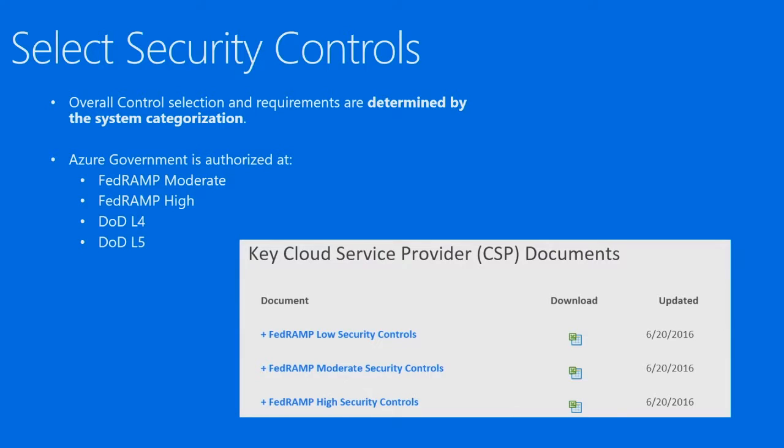So once you have that data categorized and classified, then you can determine what control baselines you must meet in order to protect that data accordingly. FedRAMP has their security baselines established. DoD L4 and L5 have those established in the Cloud Computing Security Requirements Guide. And essentially, you need to ensure that you have the full scope of controls that you need to look at, both from a potential inheritance perspective, but also what needs to be implemented within your subscription.